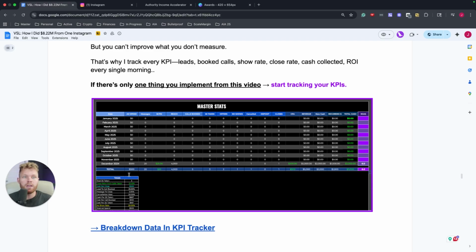And then our clients give the data, they hop on the call with us or their coach, and then they tell them, hey, this is the KPI you need to optimize this month. Hey, this is looking really good. Let's spend more money here. Or hey, your close rate's a little low. Why don't you go hop on our closing call this week and see if you can learn something new. Let me see your script.